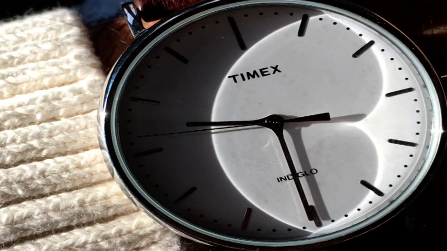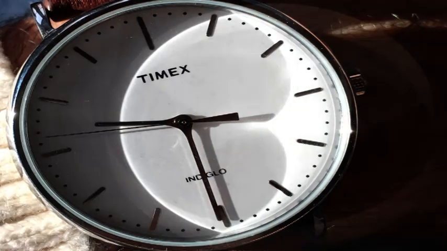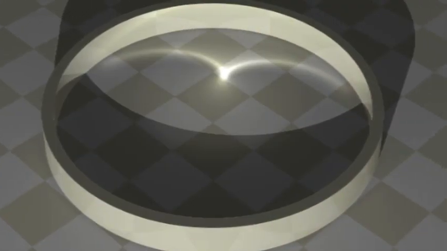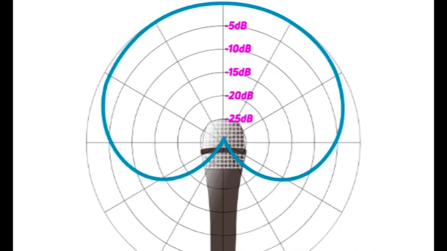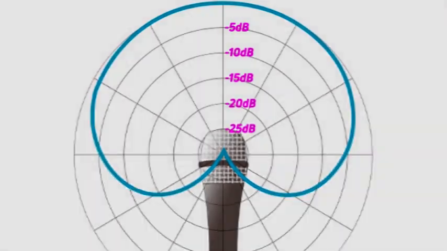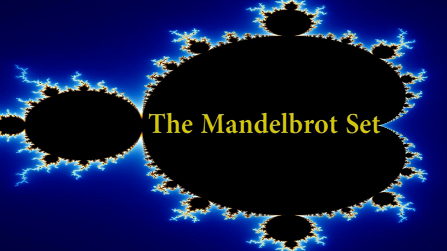This same curve is found in other places too. The reflection pattern inside a watch or any circular thing for that matter. It is also found in the recording patterns of a microphone. Not only that, but this same curve is also found in the Mandelbrot set, which itself is pretty interesting and has applications in very far-reaching places. There are links in the description if you want to know about the various wonders of the Mandelbrot set.